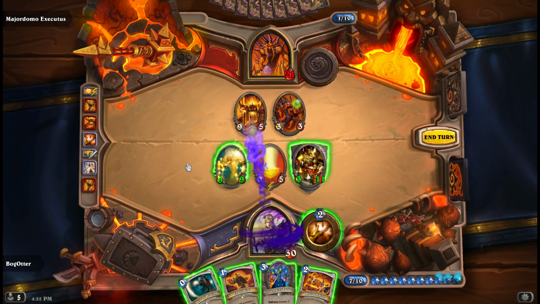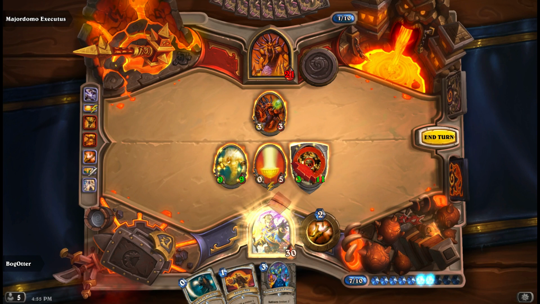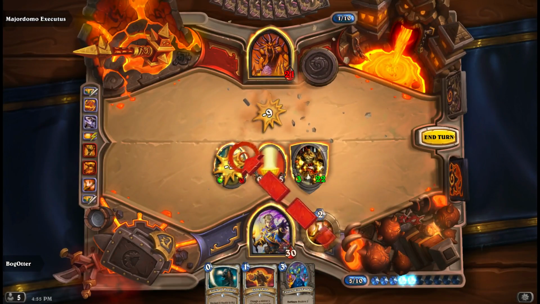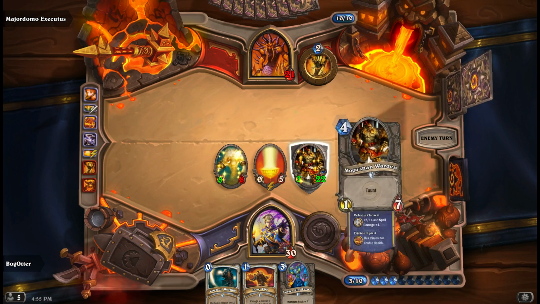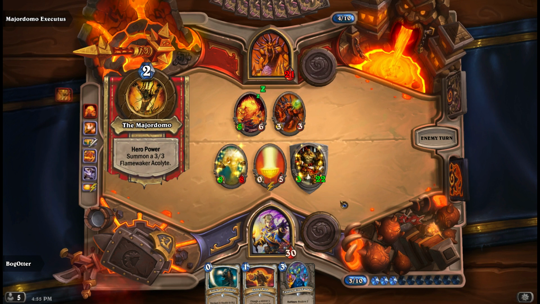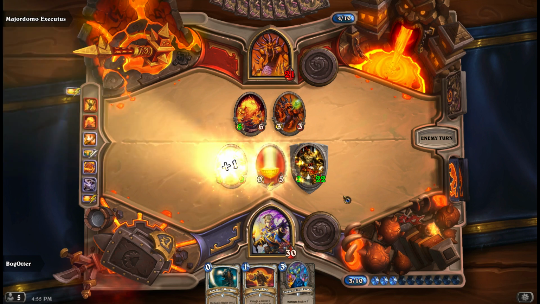Shadow Word Death over here. Divine Spirit to double the health. Now that guy's looking a little bit more beefy. Right there. Alright, we're looking for another Divine Spirit so that we can double that again and then Inner Fire it and make him really beastly. And it would also be nice to get another Lightwarden so we can start pumping up